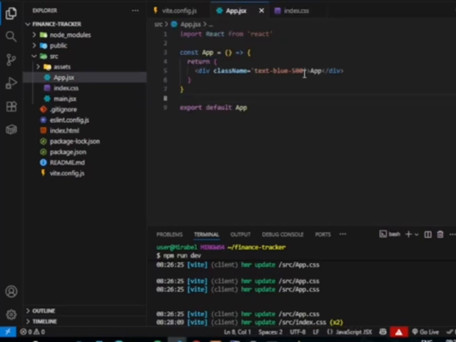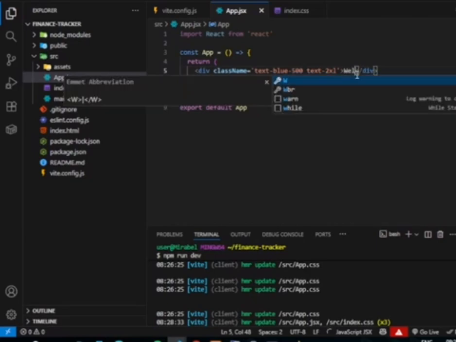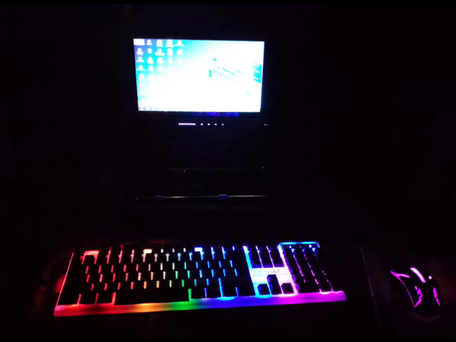So I'm just going to edit it a little bit so you can see what I'm trying to do and increase the font weight. Just go with text-2xl, then change the text to something else instead of App. And okay, welcome to... Okay, that's just me playing around, and I just want you to give it a try